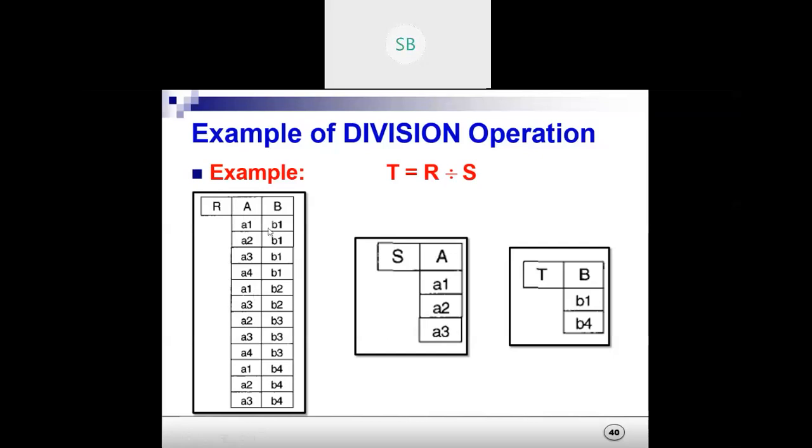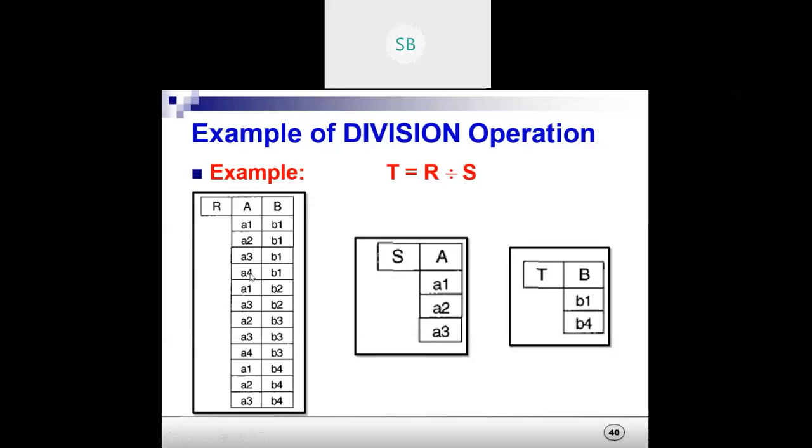In division, we have two tables, okay? So here we should make sure that whatever is in both needs to be common. Let me give an example. Here we need to find B in the new table, the one that is common in both cases. A1, A2, A3 is there here, and here also A1, A2, A3. For these A1, A2, A3, what is in B? It's B1. For all three, B1 is there.